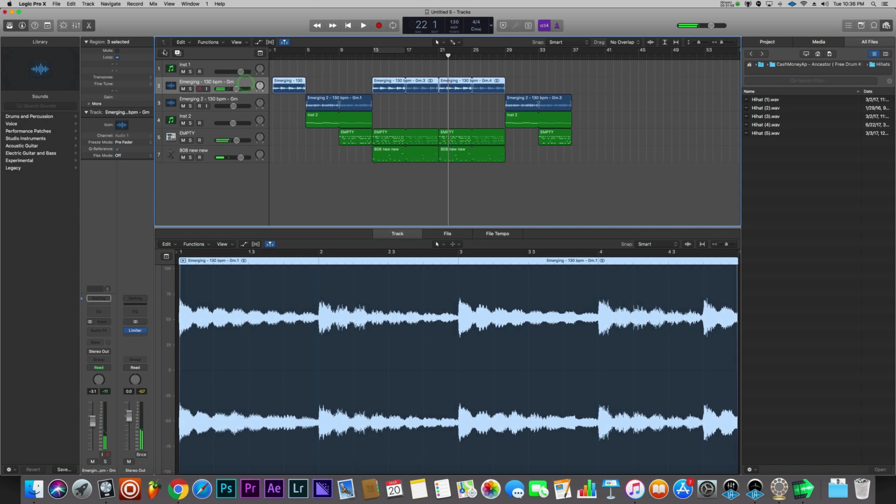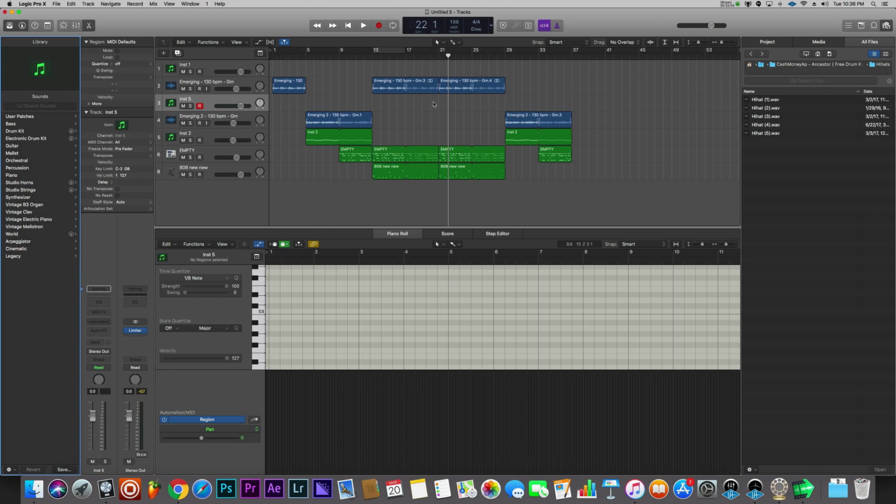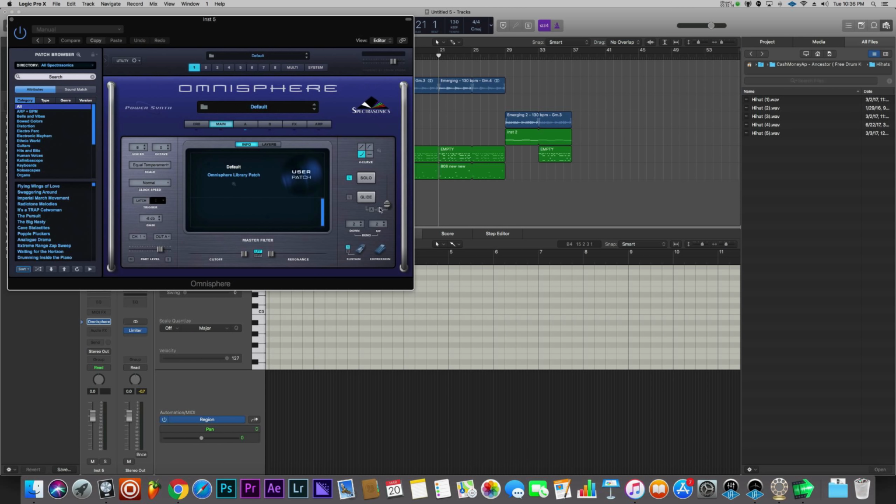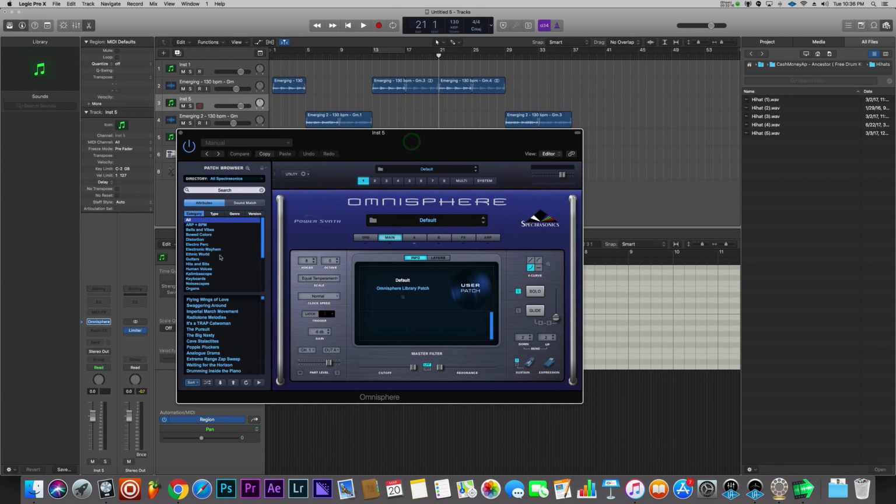Now we need another element, like a melodic element that helps the progression of the beat. You always want to have some small change-ups in your beats so that they sound interesting. So I'm going to bring in another Omnisphere and try to see if I can layer this with a different sound, maybe a bell or something